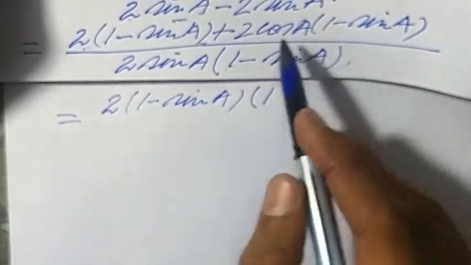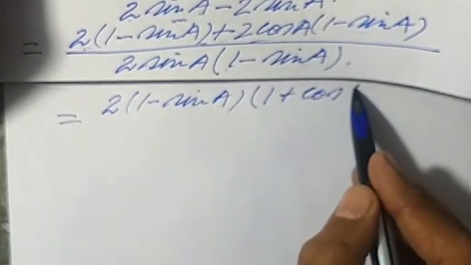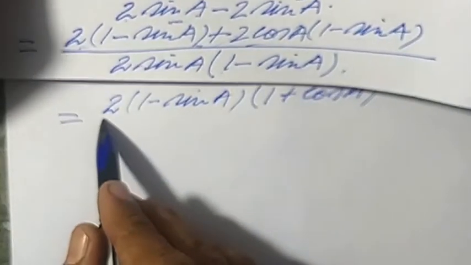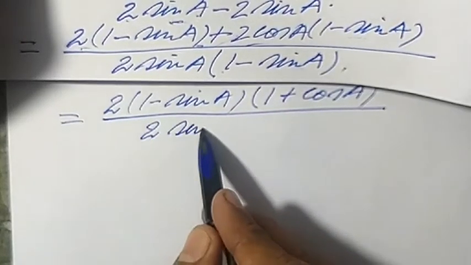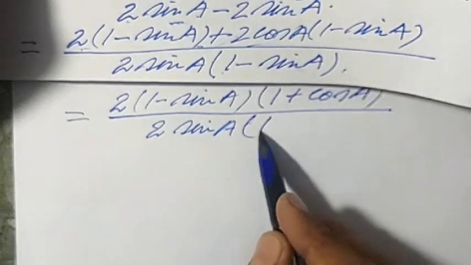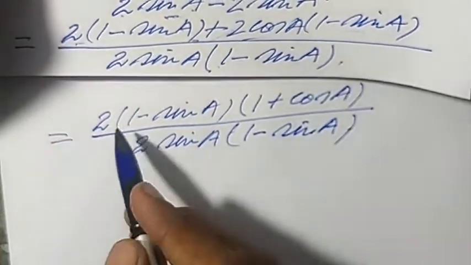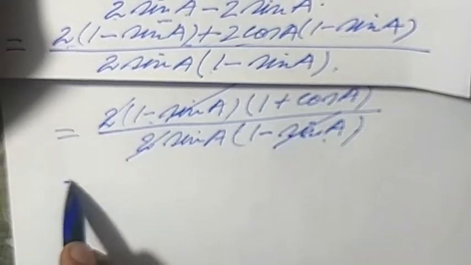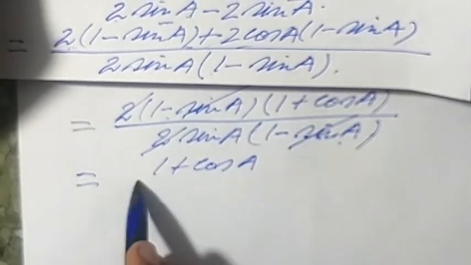So in this term we get 1, and in this term we get plus cos a divided by 2 sine a bracket 1 minus sine a. Obviously 2 is cancelled by 2 and 1 minus sine a is cancelled by 1 minus sine a, and we get 1 plus cos a upon